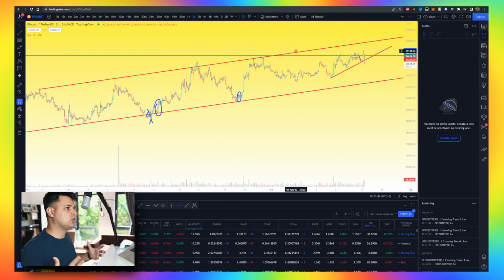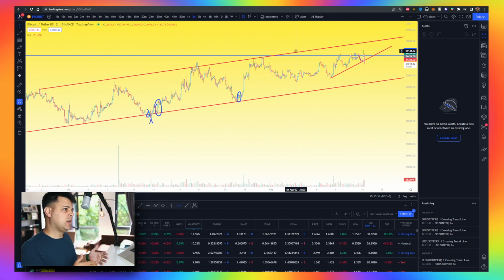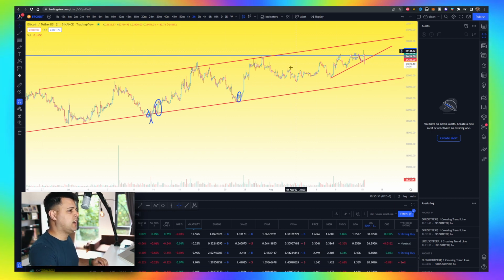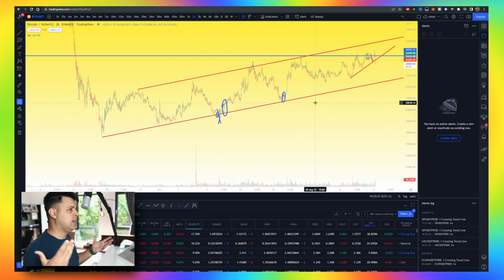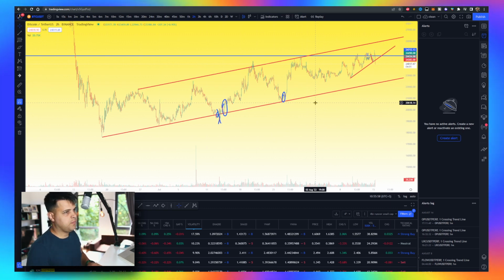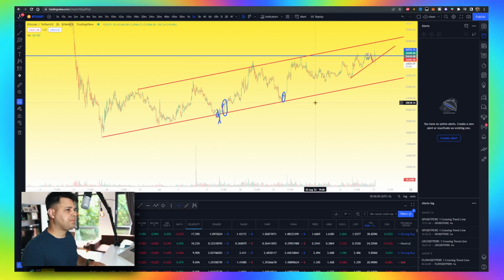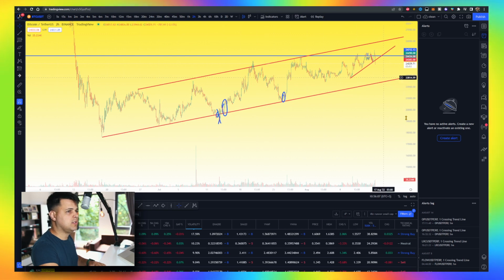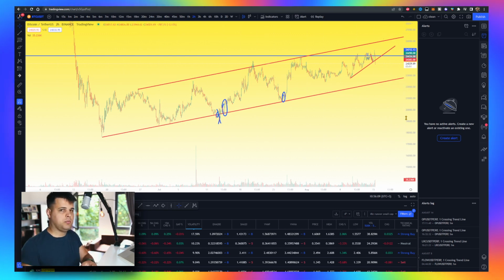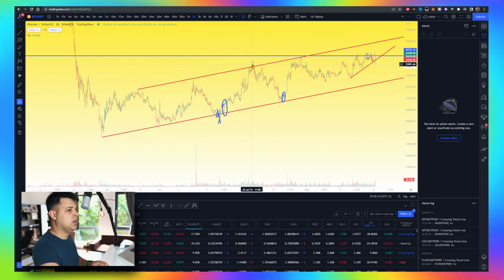First of all, we want to see the bigger picture on the 2-hour chart. I know the daily and the weekly is important, but I really like to work on the 2-hour chart. First, we are obviously in a channel, and this channel signals a downtrend. This is a pattern that we've seen. It basically does this and breaks to the downside. This is the typical performance, but who knows, we can have a breakout just like this that we failed and